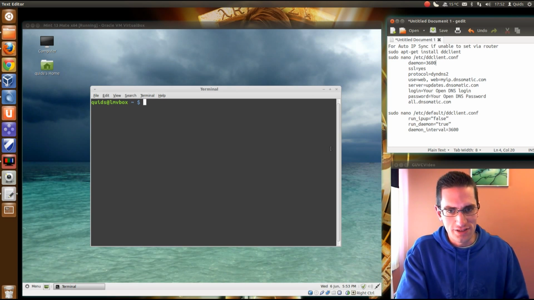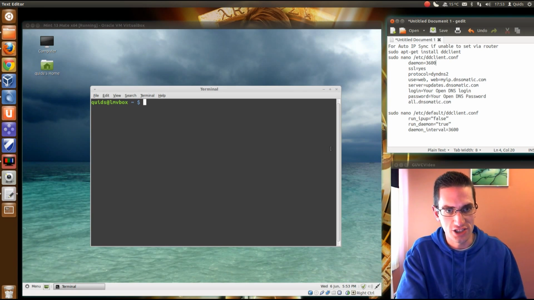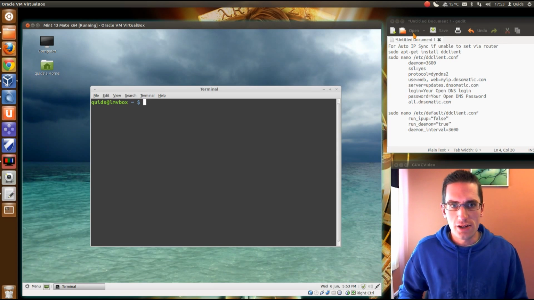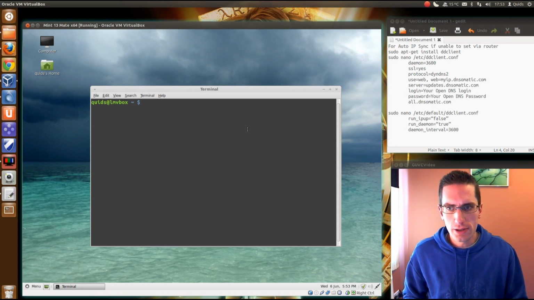Now that's where I have to use ddclient. So it's an application or service running in Ubuntu which will automatically update DNS-O-Matic.com with my IP address when it changes. So I do that. I've got a few instructions written up there and I'll put a note of those in the description below. So what we need to start with is sudo apt-get install